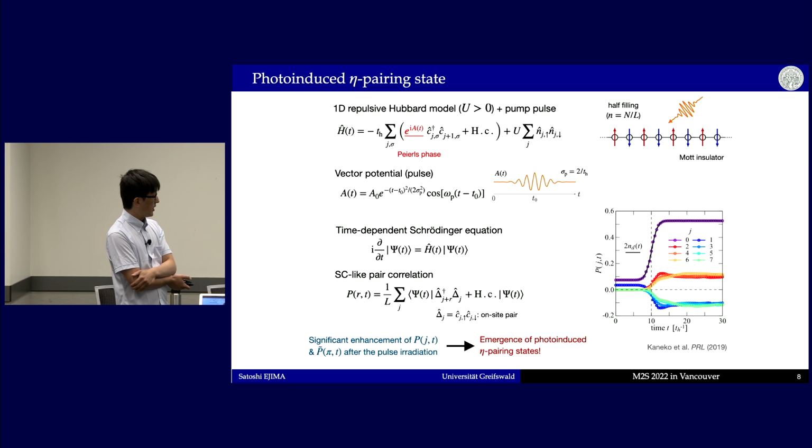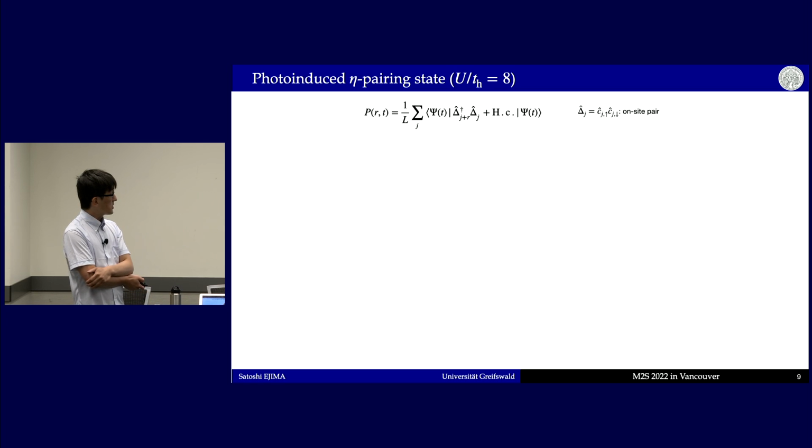After t larger than t0, we see the enhancement of these correlation functions. However, these correlation functions, or the enhancement, depend strongly on the form of the pulse, and especially the amplitude A0, and